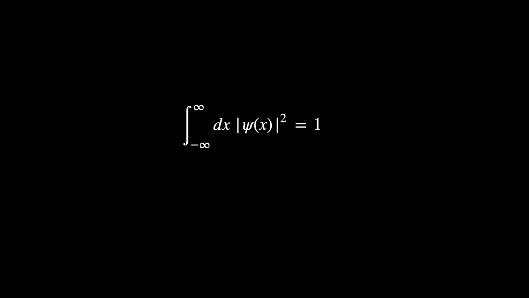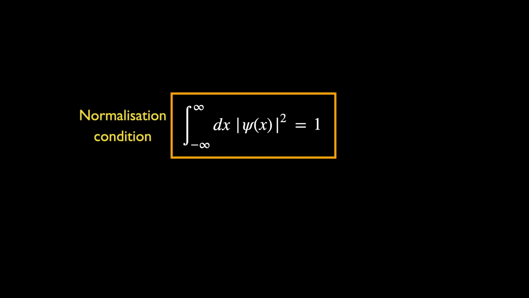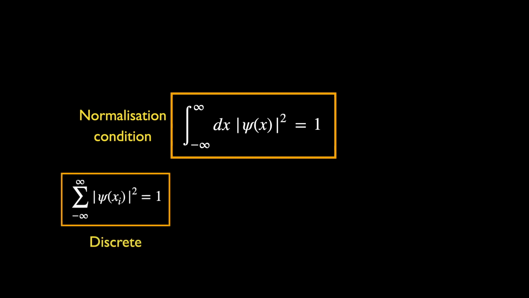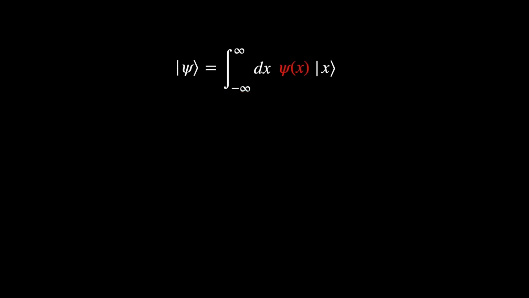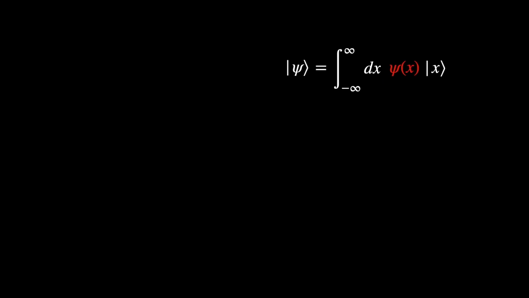This is the normalization condition that has to be satisfied by all probability distributions, and closely mirrors the result from the discrete case. Let's look at another way of representing this normalization condition. Starting with the state vector in position basis. Using the standard prescription for Hermitian conjugation, we also have bra psi. Taking the inner product to get the square norm, we get,